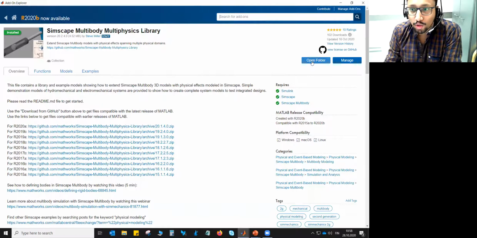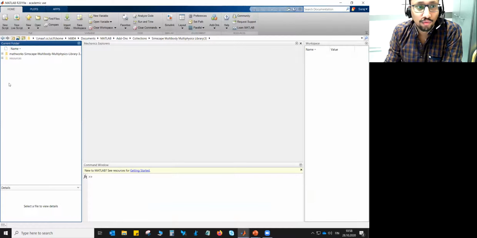If not, you can simply open this folder, but be very careful which version of MATLAB you are using. I am using MATLAB 2019a, so I want to install this zip file. Be very careful with what version you have. Once you open this folder, it will navigate you to the folder where it installed.